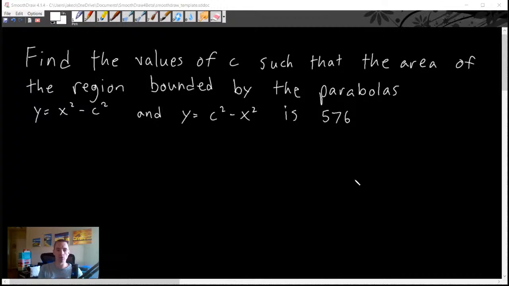Today we're going to be going over a few interesting problems about finding the area between two different curves. And one of them is particularly interesting. Well, I think they're both actually particularly interesting for different reasons. But anyways,